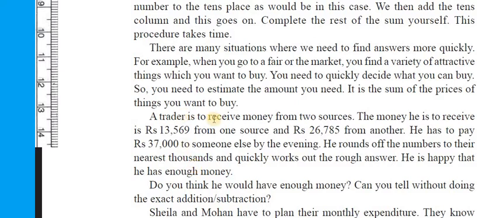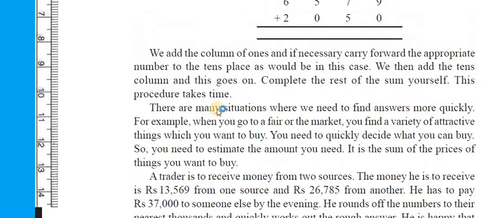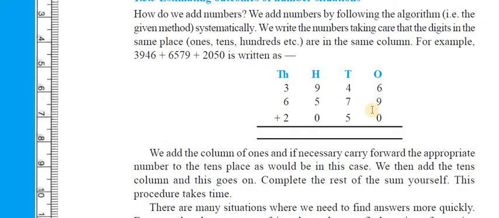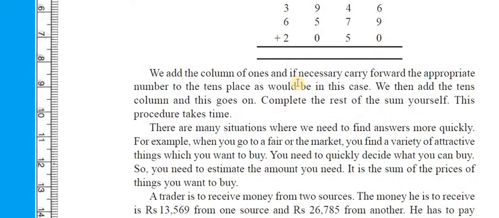So here he is saying very clearly that these are the numbers we need, and what we will do is first the ones place addition and then we go for the tens place. If a carry comes, we pass it on to the hundreds and then we do the addition. Yes, this is the original procedure we will follow here. And what he is saying one more thing here is, this is the original addition.